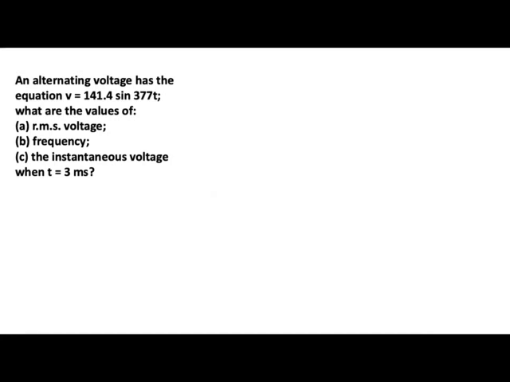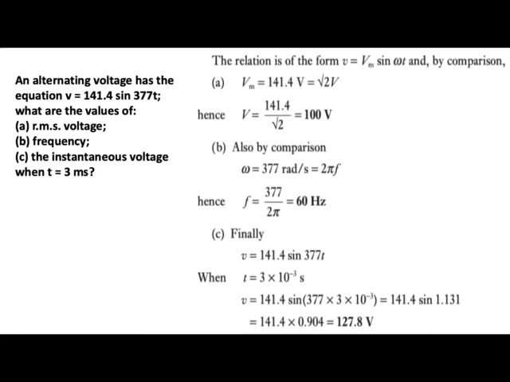Now another example: an alternating voltage has the equation V = 141.4 sin 377t. You have to calculate the values of the RMS voltage, frequency, and its instantaneous value at t = 3 milliseconds. As per the given equation, the maximum value is 141.4. Therefore, the RMS value will be the peak value divided by root 2,